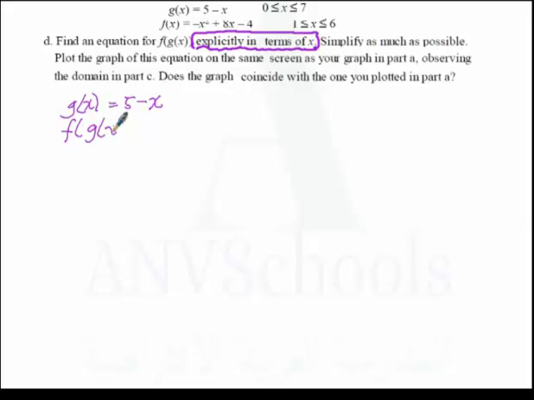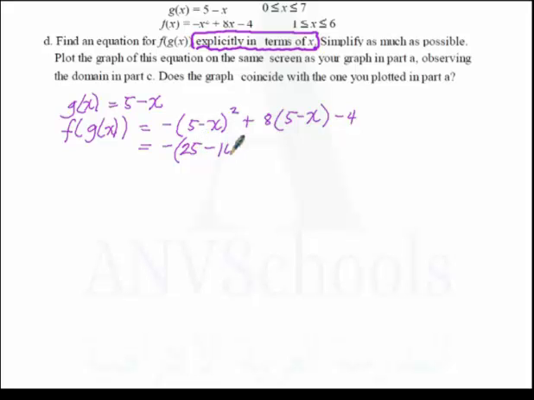f of g of x will be equal to negative of (5 minus x) squared plus 8 times (5 minus x) minus 4. So let's compute. Simplifying the one in the parentheses, the one with the second exponent, we will have